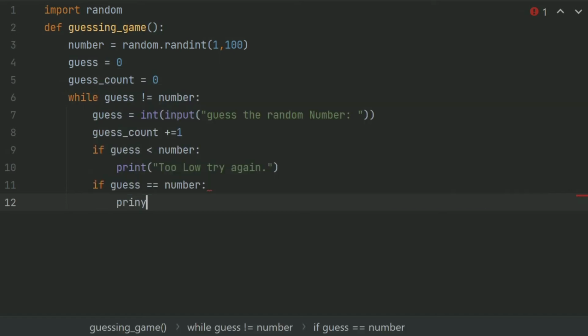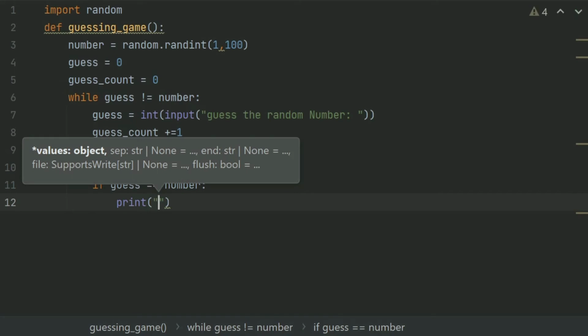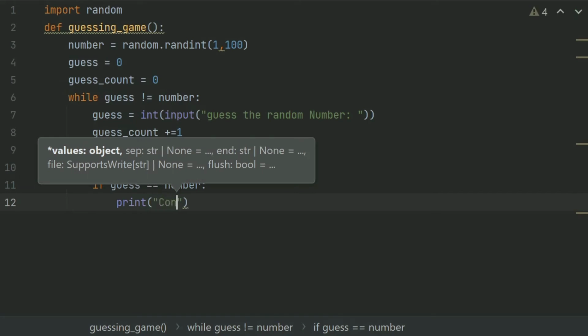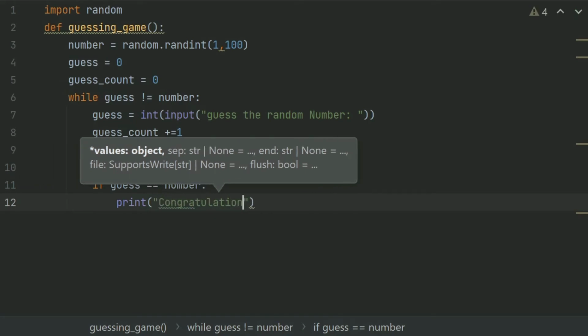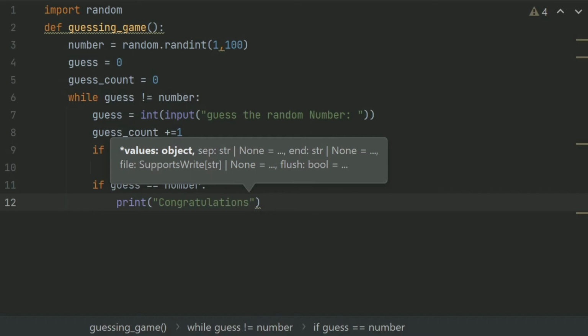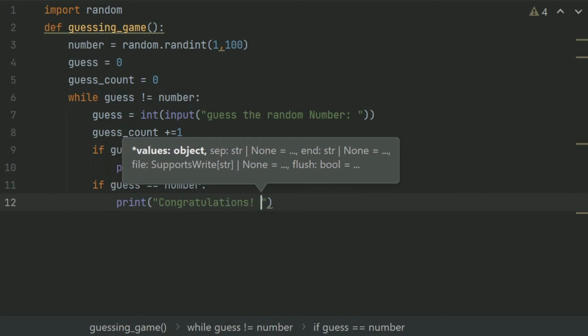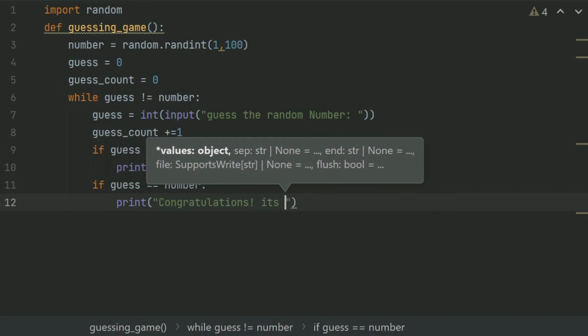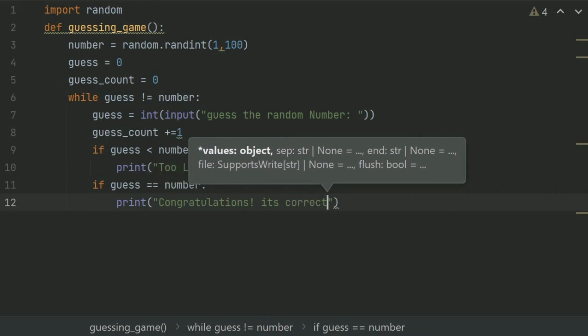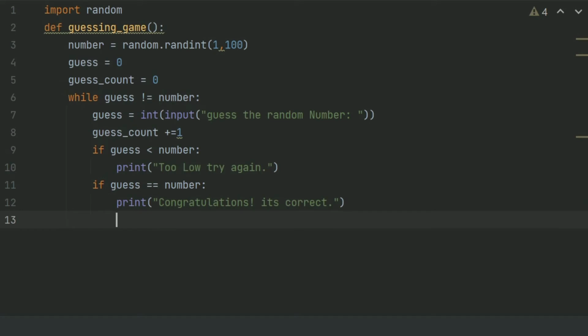So print "Congratulations, it's correct." And also print the guess number at which you found the correct number. So print